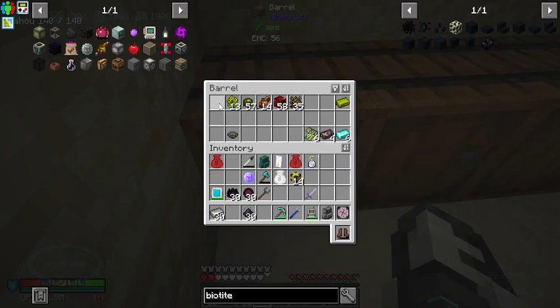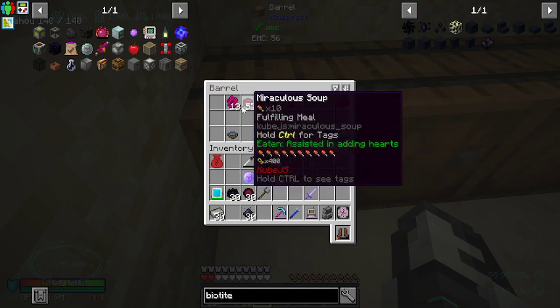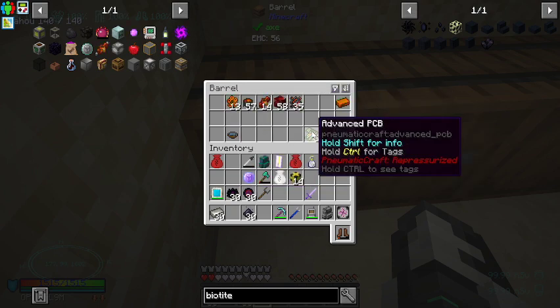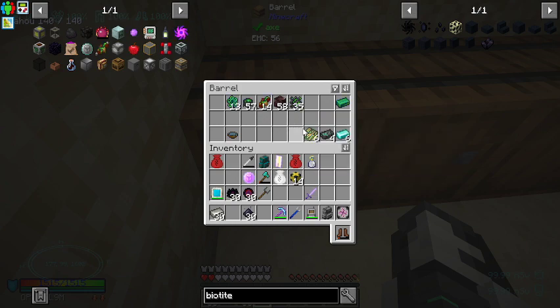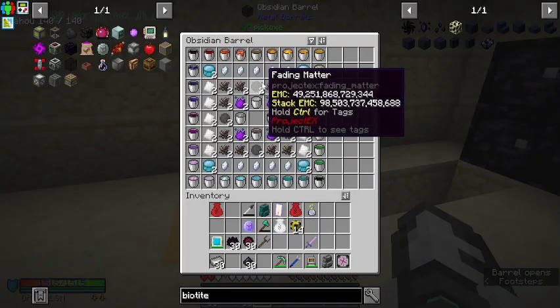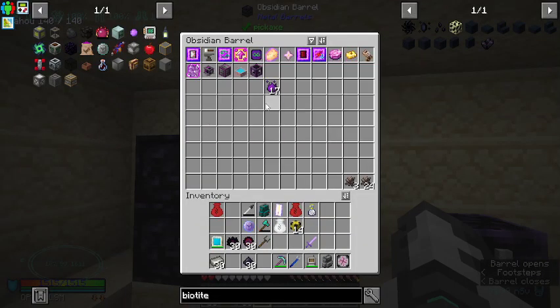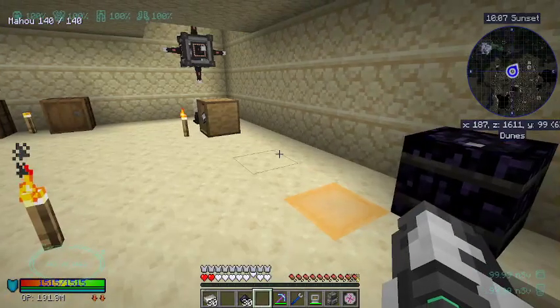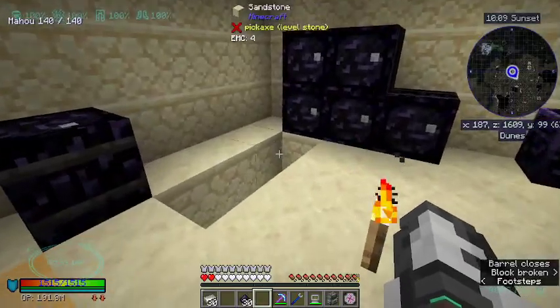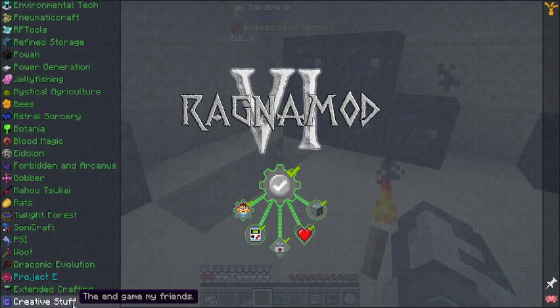And if I have 5 ultimate singularities, I already have plenty of the other items to make us 5 spheres of all things. So then we'll be able to make a new creative fluid tank. So we have it sitting here ready for our quest turn-ins. And we can then work on the next of the creative items that we want to be working on,